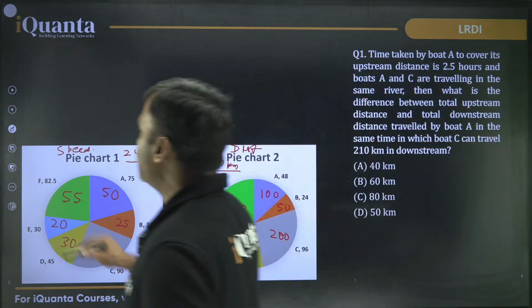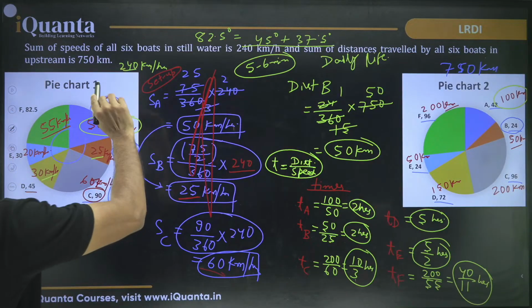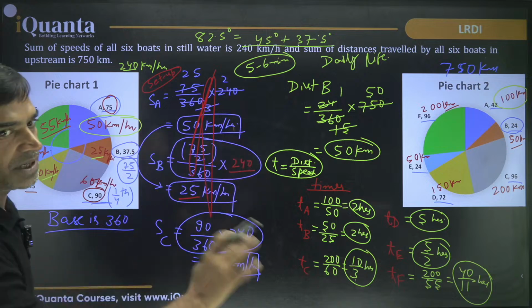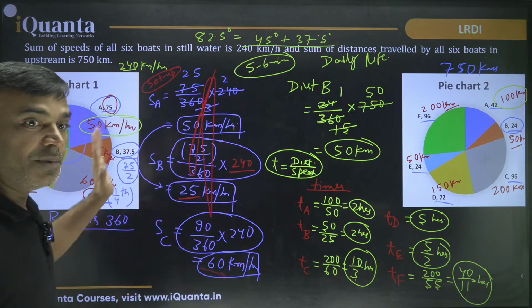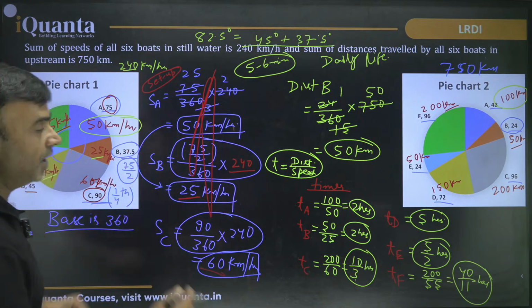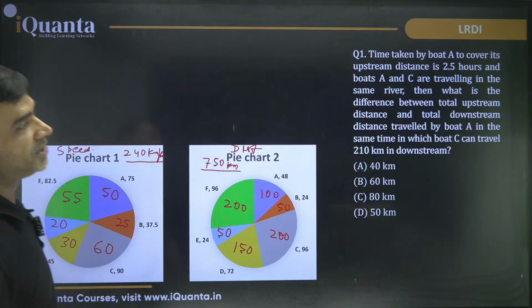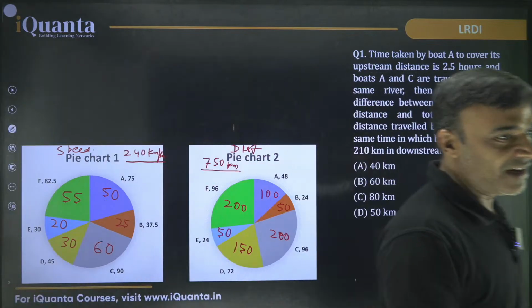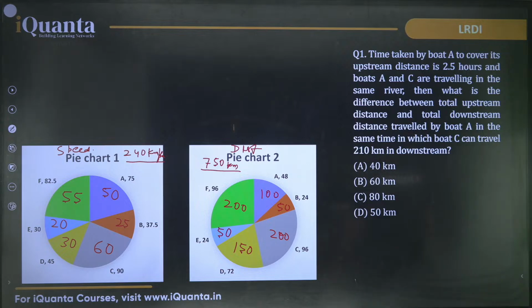See, understand, this data that was given has nothing to do with upstream or downstream. This is independent data. The information that was given was free from conditions. Now the questions have new conditions, so read carefully. I'll give you some time. See whatever you can do. If you're not able to do it, no problem. We'll solve it together.